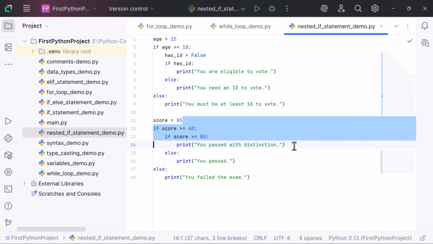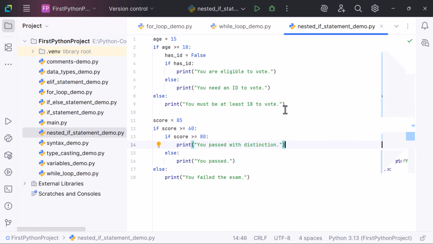So to wrap up this lecture, a nested if statement lets you put one condition inside another. You use it when one check depends on the first check being true. Always remember to indent correctly. Every level of if block must be indented by 4 spaces. And you can also use else inside nested blocks to